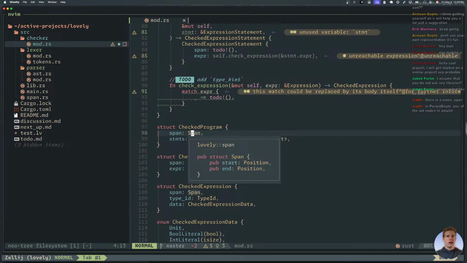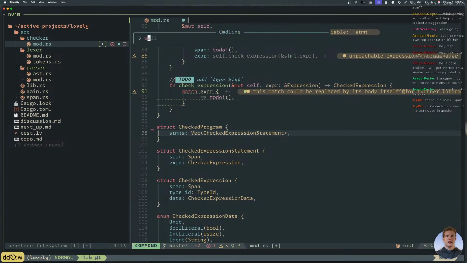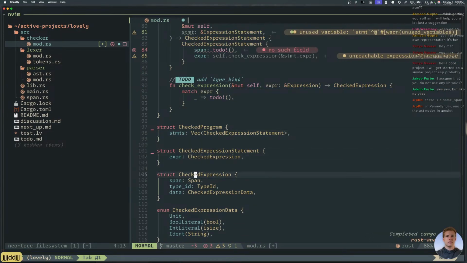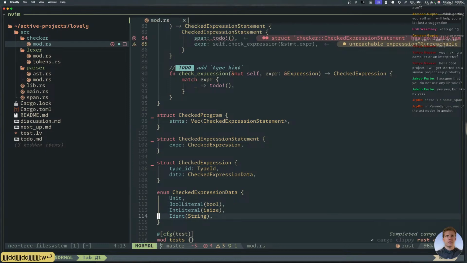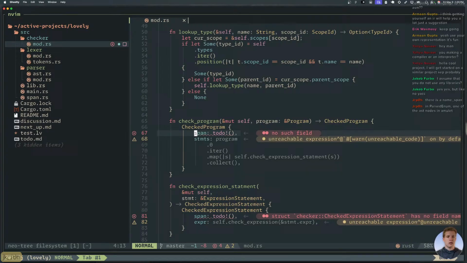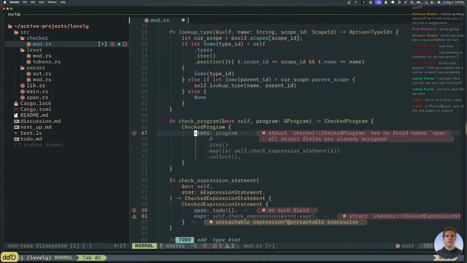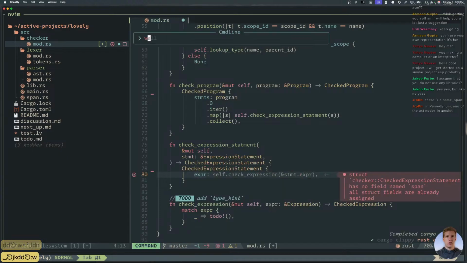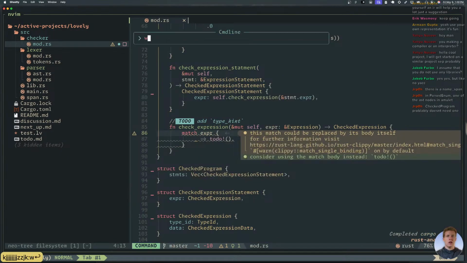But why does a checked program need to carry around its span with it? I don't think it does. I could be wrong. We can always add it later. That removes the need for that. Checked program probably doesn't need one. The others might in a second, but for now, until I need that, I'm going to take them out. Okay.